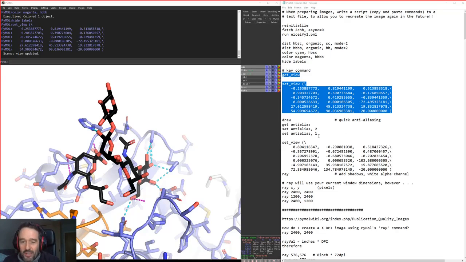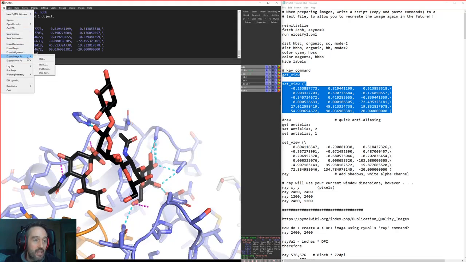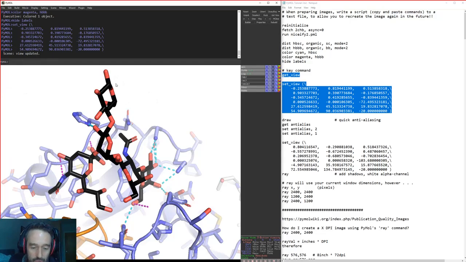So talking about some specifics, there's two basic ways in which you can generate images. For example, you can just save this as an image. We can go to File, Export Image as a PNG. But I don't know how the resolution of the video comes through on Teams here. You might be able to see that there's a kind of sawtooth edge to some of these lines in the images here.